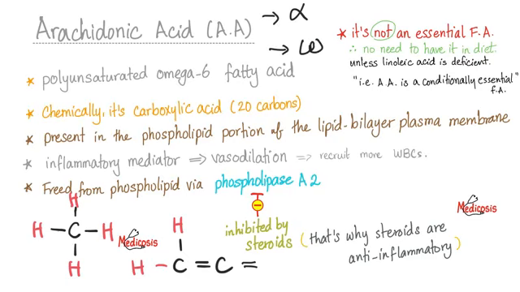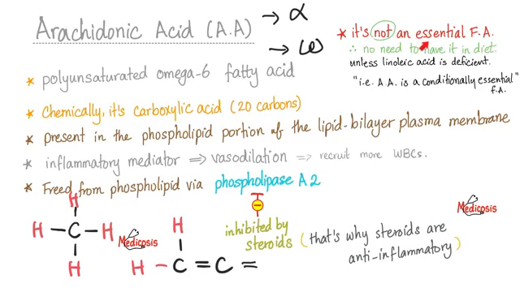So if you count from behind, from the end of the fatty acid, 1, 2, 3, 4, 5, the 6th carbon has a double bond. This is an omega-6 fatty acid. Got it? Okay. Now, what's the difference between essential fatty acid and non-essential fatty acid?